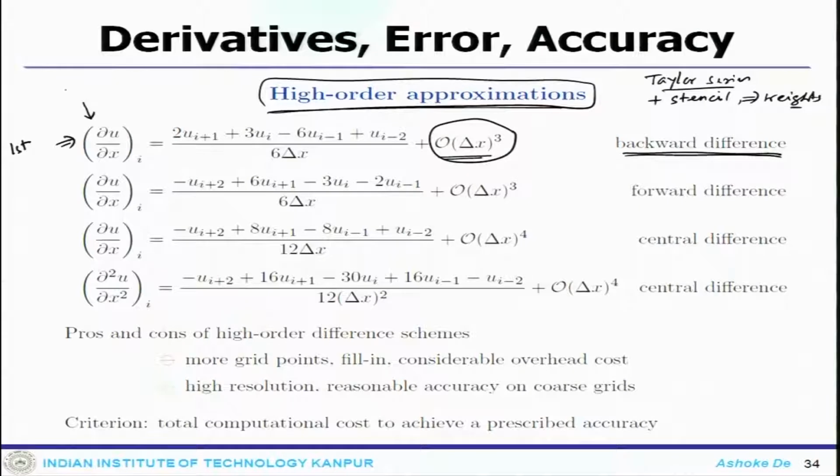And if you look at the weights of these points, they are different. So, this is my ith point, i+1, i+2, i-1, i-2. So, it uses all this information of i+1, i-1, i-2 and gets a third order system. This is the same thing for forward difference. It uses i+2, i+1, i-1 and it gets you back the third order accurate system.